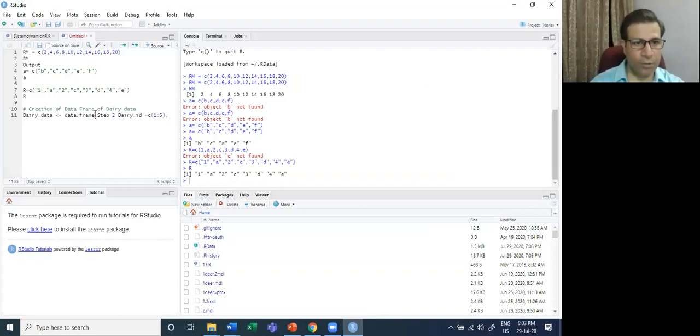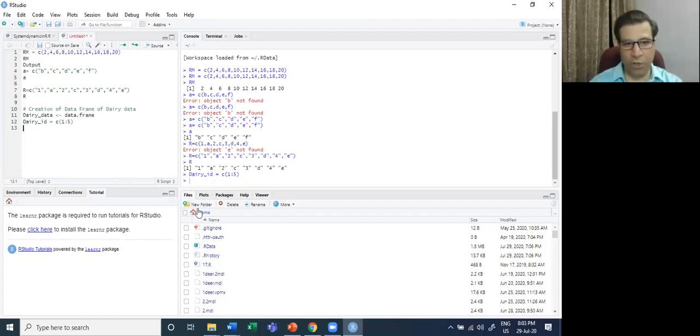Here is the code, and a step has to be removed. Here the data frame has been pointed. I'm trying to create a data frame created by the name dairy underscore ID with the script 1 to 5. So this data frame has elements 1 to 5.